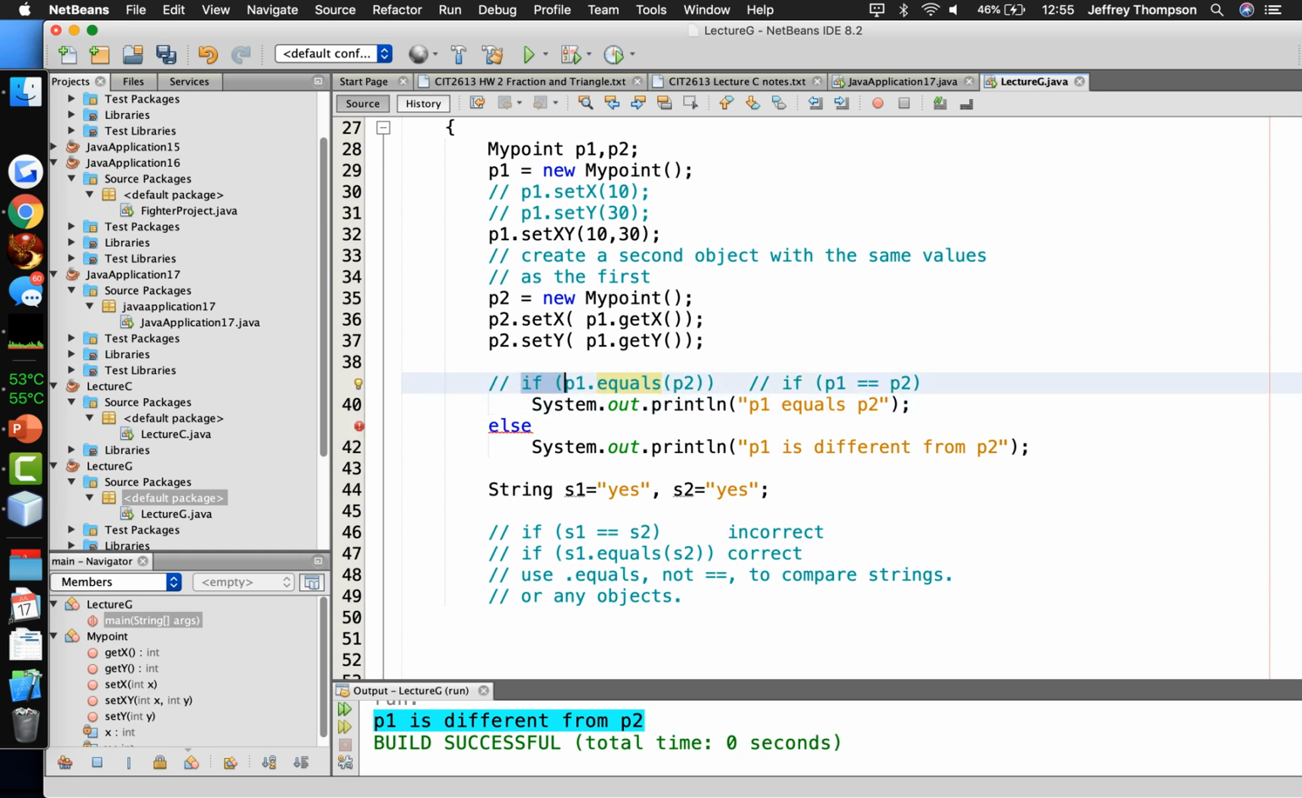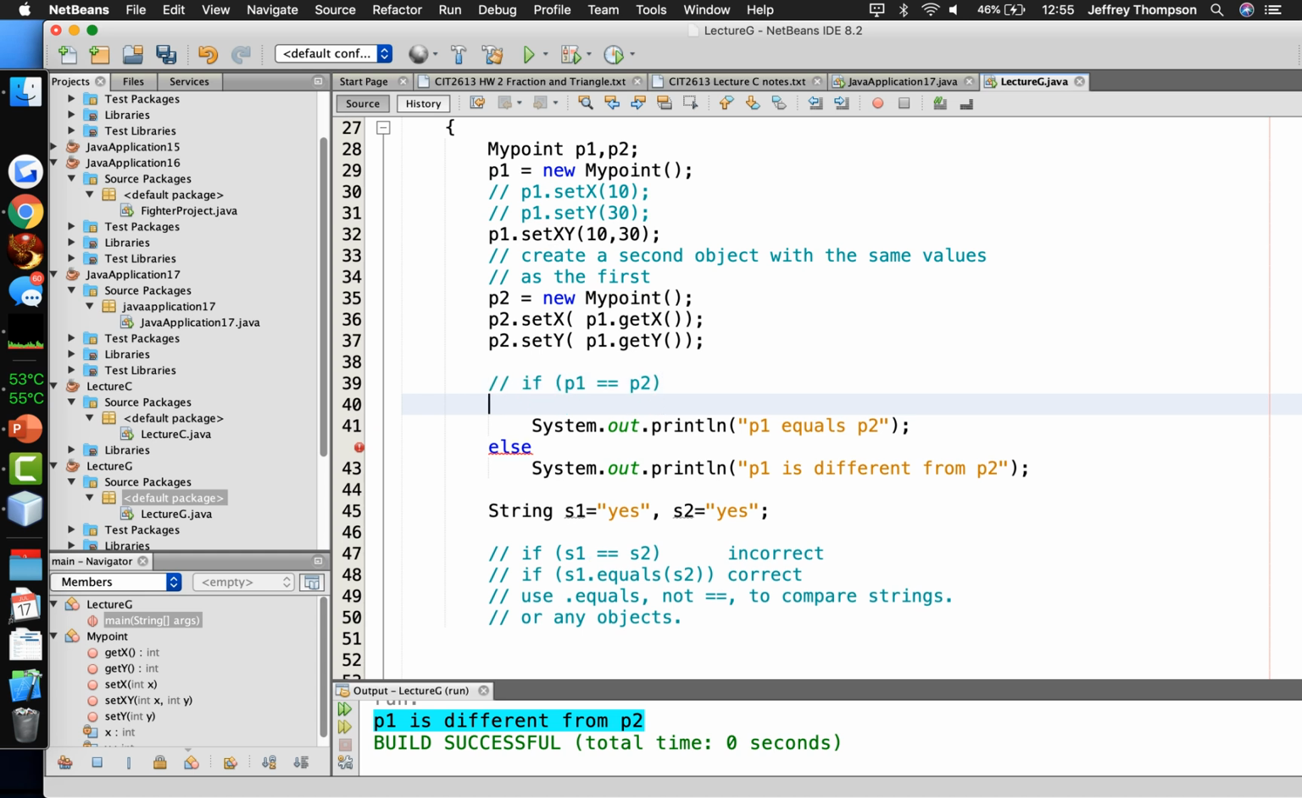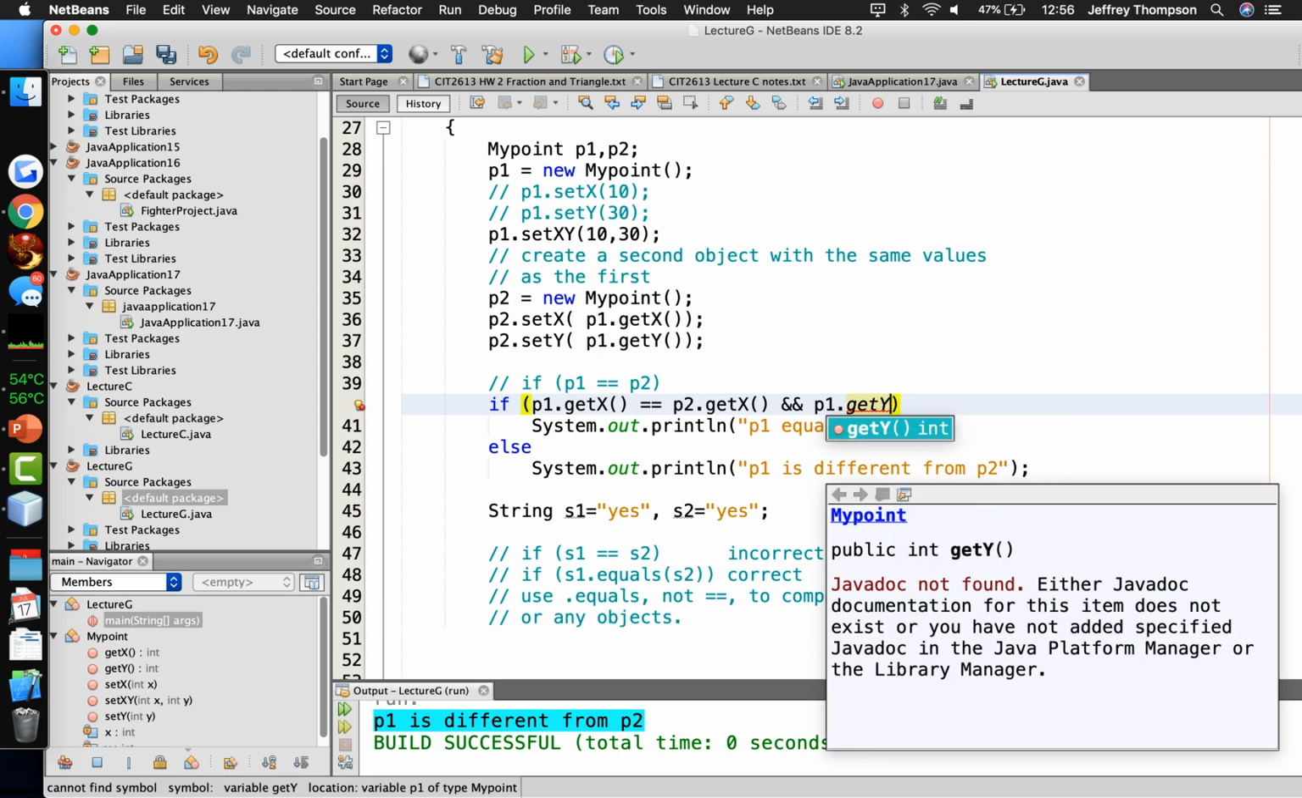As a matter of fact, I may just delete this one entirely so as to not even tempt us into thinking that that's a good way to do it without some additional effort. Here's what we have to do. If p1.getX() equals p2.getX(). You can see where this is going. We're also going to have to compare y: ampersand, ampersand, p1.getY()